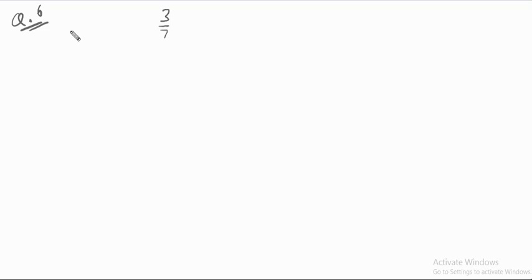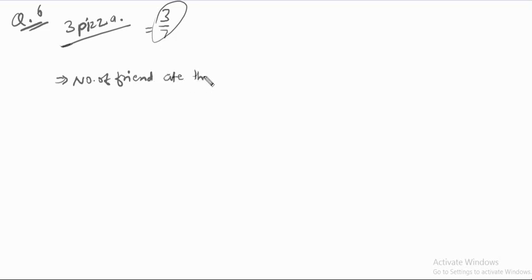It means Sunena has 3 pizzas, and one friend eats 3 by 7. So how many friends ate these 3 pizzas? We have to find how many friends ate these 3 pizzas. So here we can write the number of friends who ate the pizza